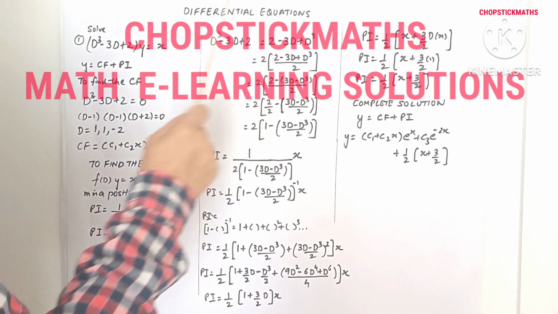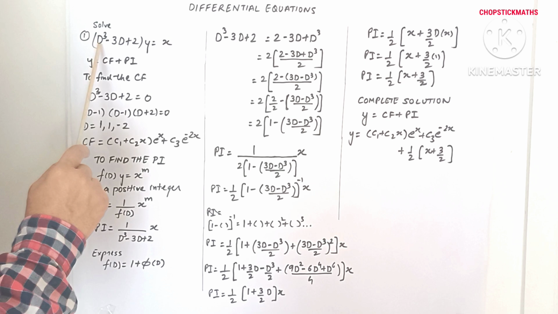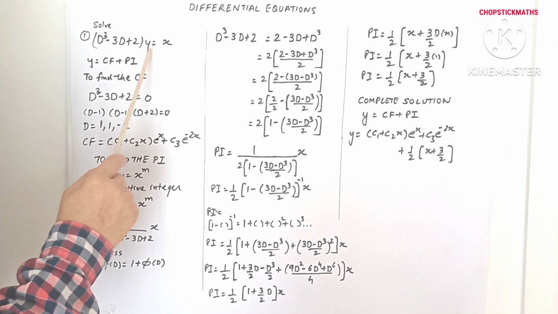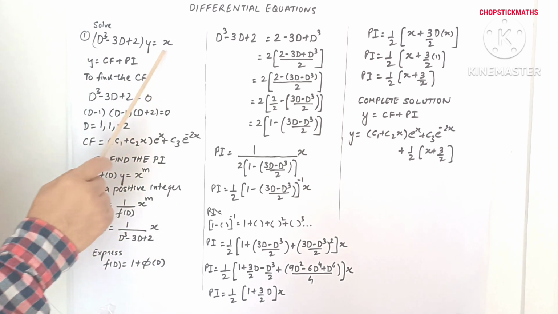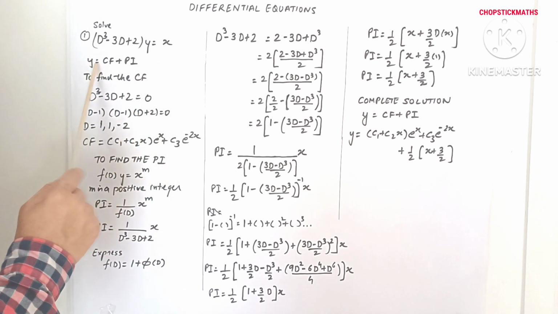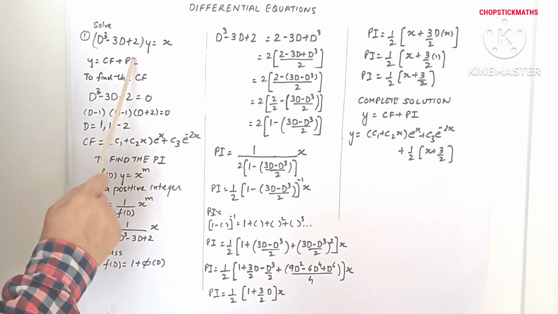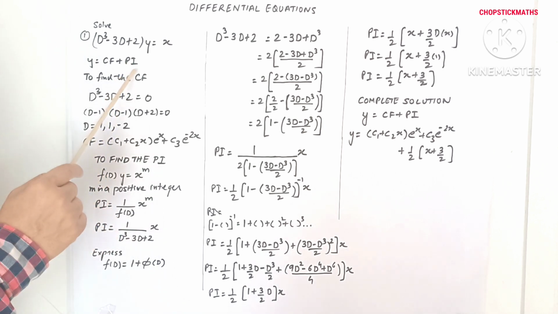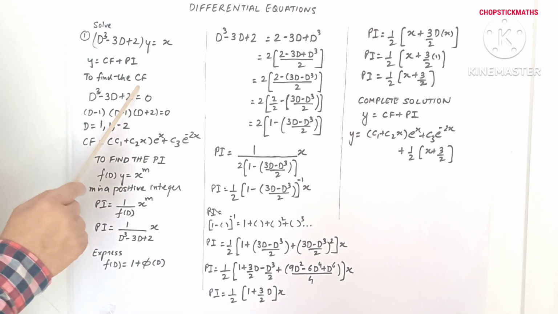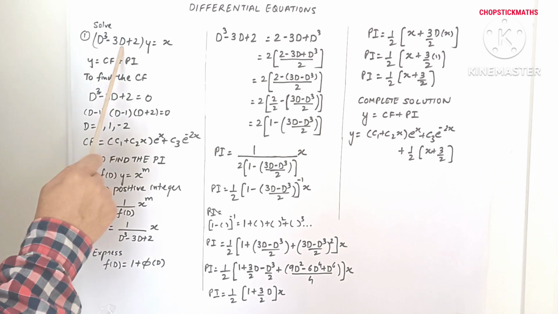Differential equations. Solve the differential equation (D cube minus 3D plus 2) y is equal to x. Now this differential equation, the solution has two parts. y is equal to complementary function plus the particular integral. So first let us find out the complementary function, and this can be done by equating this part of the